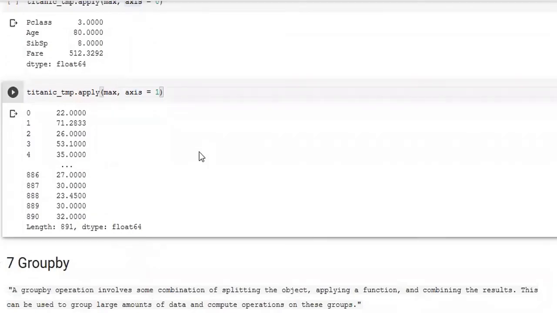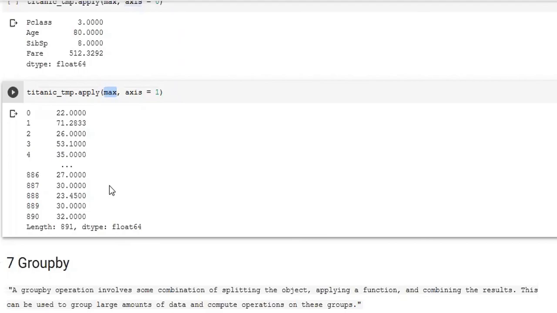So only numerical elements? Yeah, it's because of the max. The max function's job is to find the maximum in the numerical ones. We can replace it with a different kind of function also, some lambda function which is doing something else. There is going to be an example which we are going to see. I just wanted you to understand what axis 0 and 1 are going to do. There is one example we are going to see later, in assignment number 2, I think. When it comes to the explanation of that, I'll show it to you.